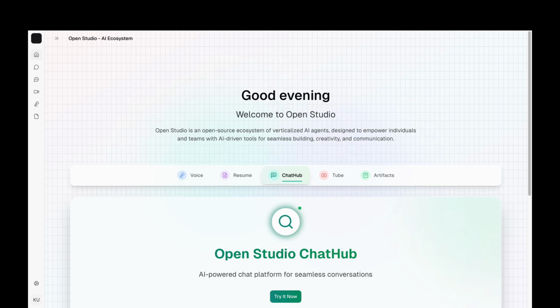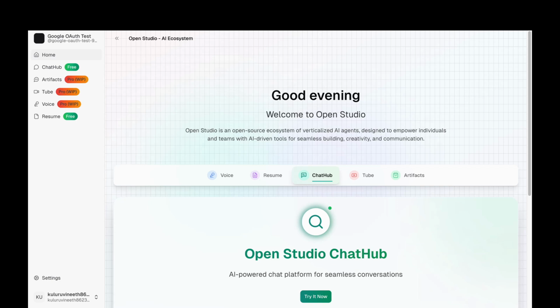And also there are a couple of sections that are added. You can see they're minor things, just placeholders for now, OpenStudio Voice and OpenStudio Resume. A decent amount of work has been done on OpenStudio Voice. The concept here is leveraging open models available out there, fine-tuning them to our own needs, dockerizing them and hosting them ourselves on GPU powered EC2 instances on